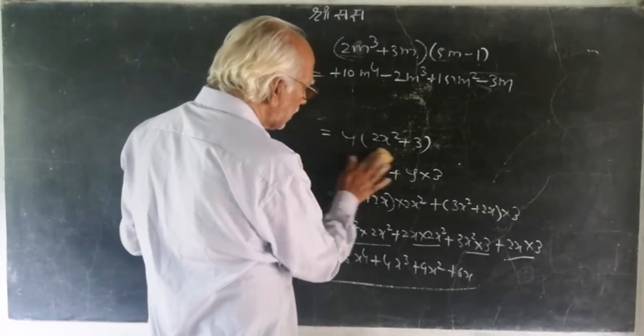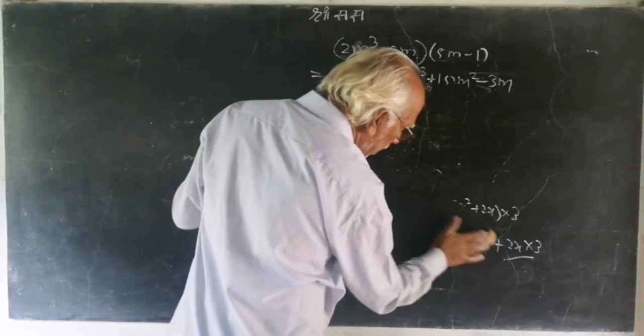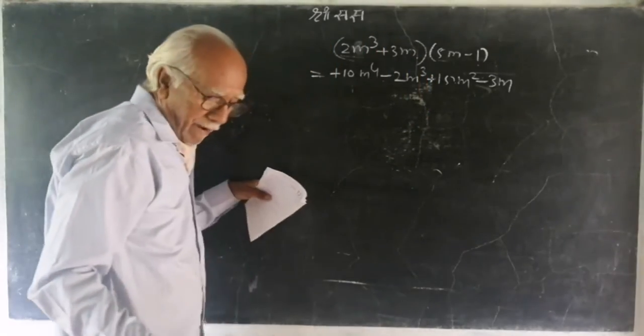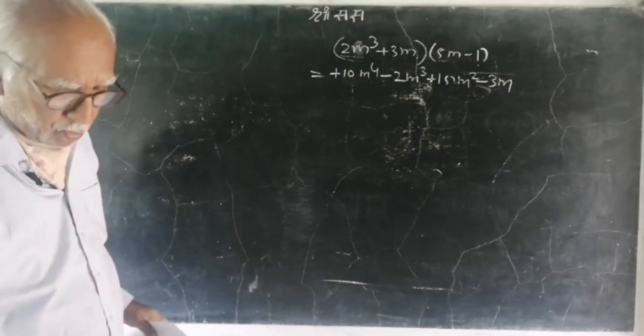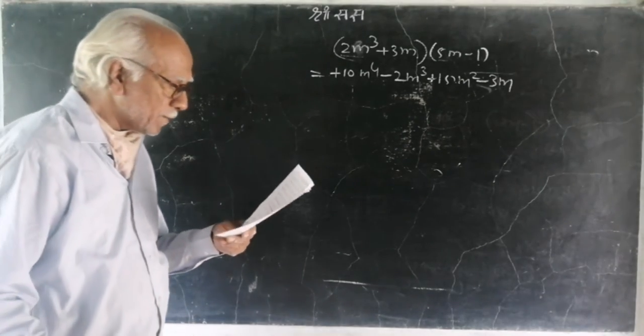So these are the 3 methods. The second one is the detailed one, the first one is a little shorter, and the third one is the shortest, which we will be requiring in our higher classes. So now we will